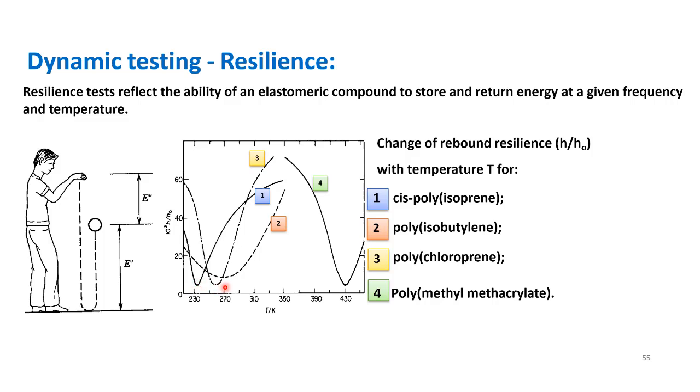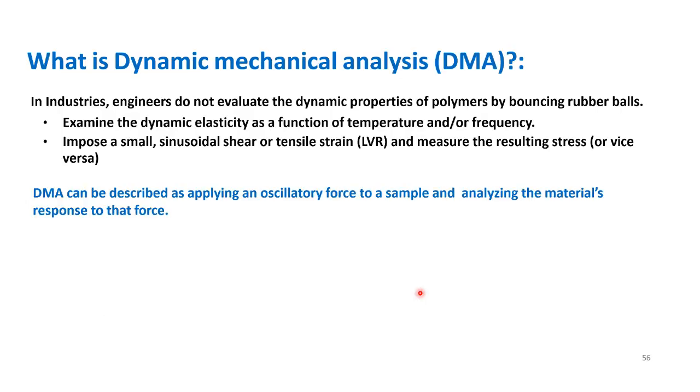Then the fourth one, its resilience is degrading at 430, but again after increasing this temperature, it is becoming more resilient. So that is how the property of these polymers changes with temperature. Basically, the resilience property of these systems. So the dynamic mechanical analysis. So how do we check the resilience property of our polymer?